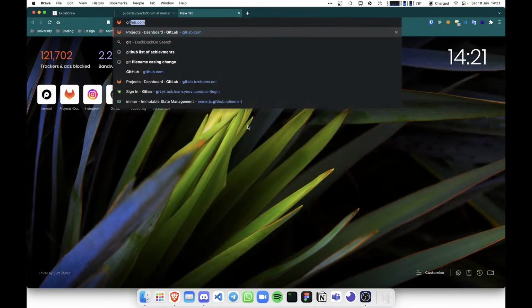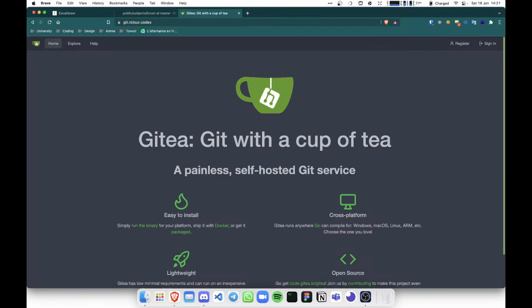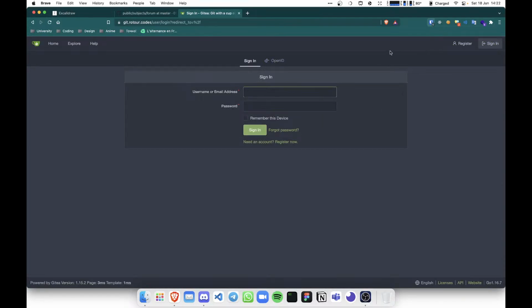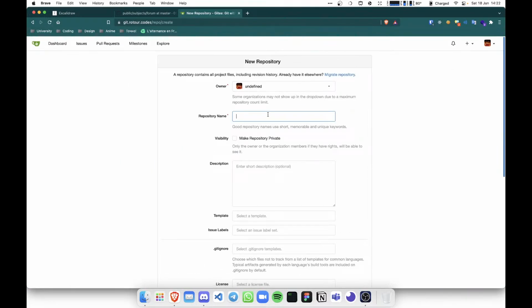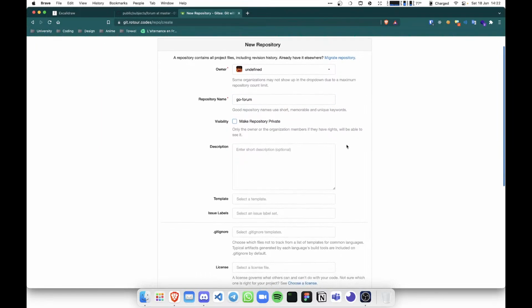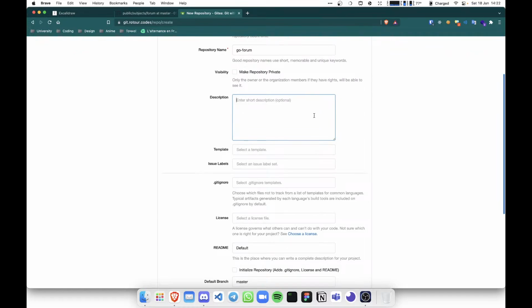Okay. Well, let's start by setting up a repo. My friend hosts his own proper Git instance, and I'm gonna use that for my repo. New repository, repository name Go forum, private no, description: a simple forum application written in Go